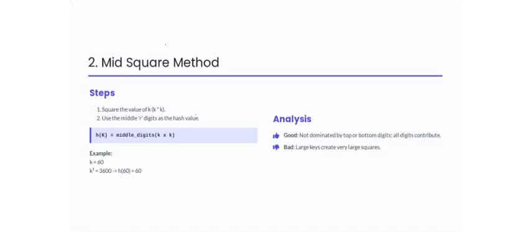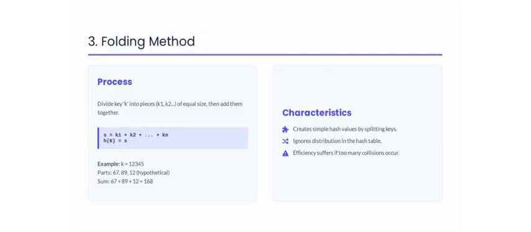It is not dominated by top or middle digits, but large keys create very large squares, and so that is considered a disadvantage. And the next type is the folding method,